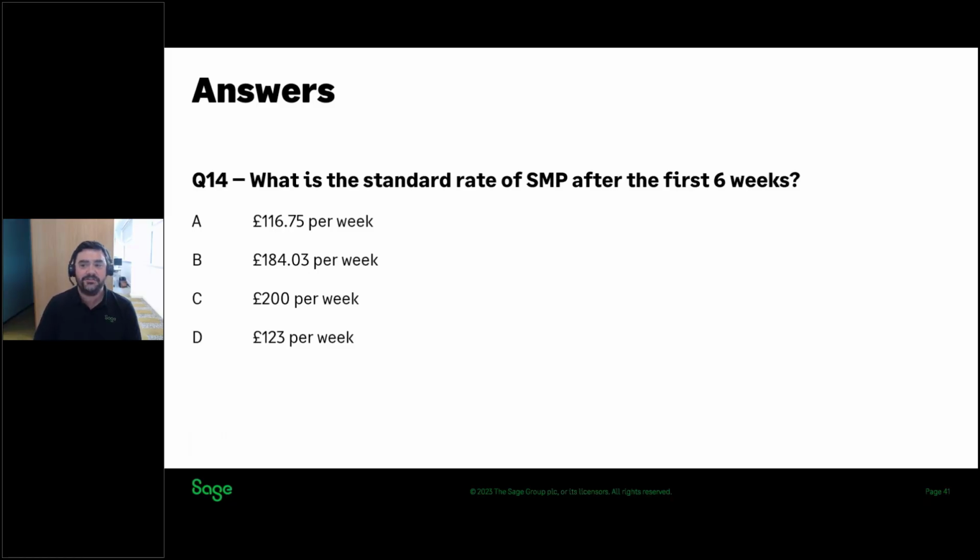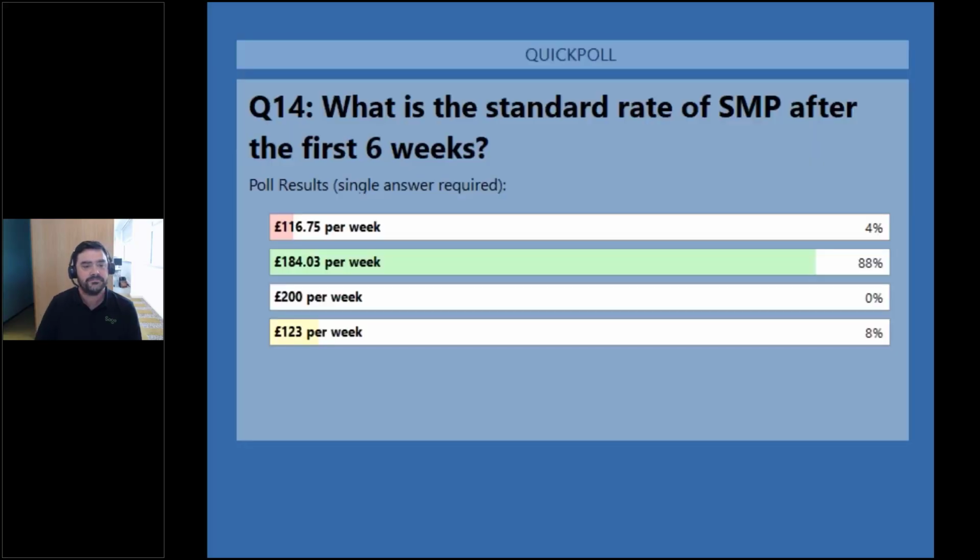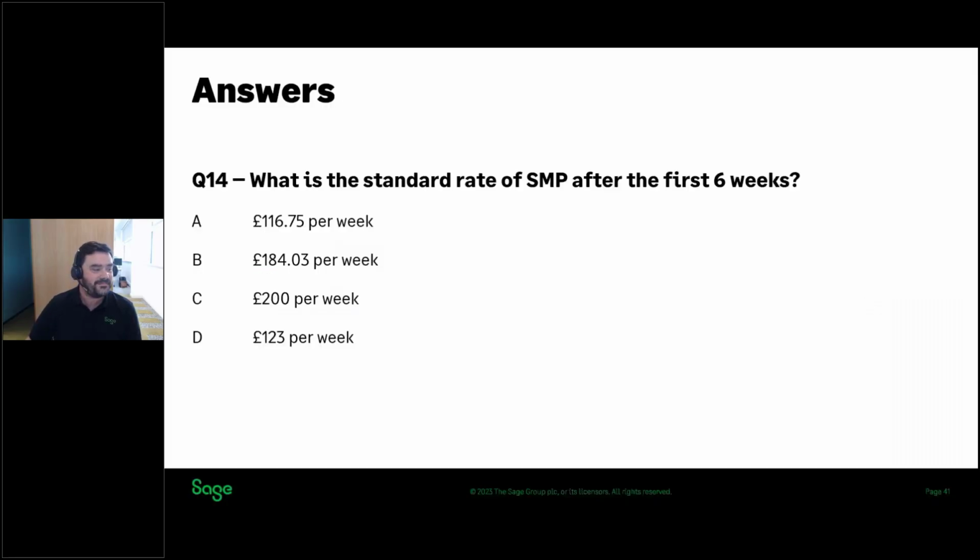So penultimate question, question 14, what is the standard rate of SMP after the first 6 weeks? Let's see what you thought. So 88% of you, I think that's £184.03 per week. 8% saying £123 a week, 4% £116.75. Let's see whether you were right. So the correct answer to this one is £184.03 per week. It's 90% of average weekly earnings, technically, if that's a lower amount, but that's the standard rate